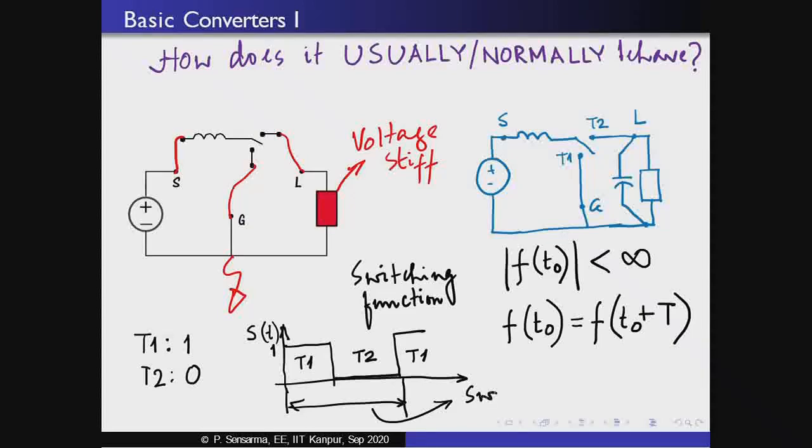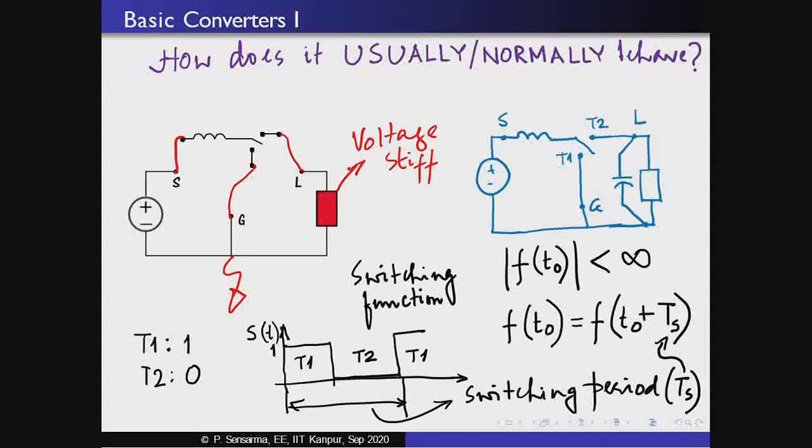We will call it the switching period. Now in the switching period, the interval for which the switch is in position T1 and the interval for which the switch is in position T2, those could vary. But if we choose a mode of operation where the switching period does not change, then in that case,